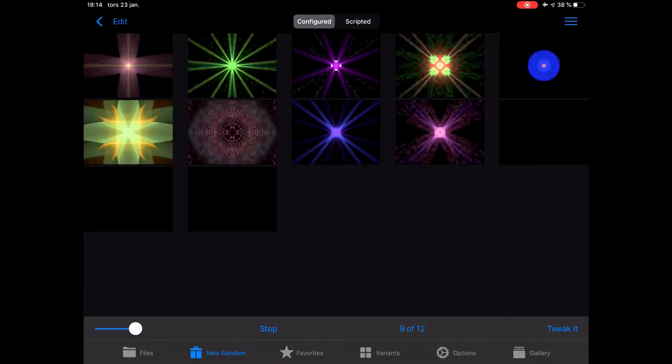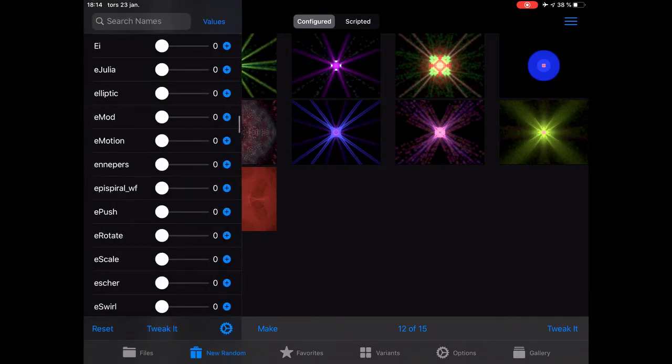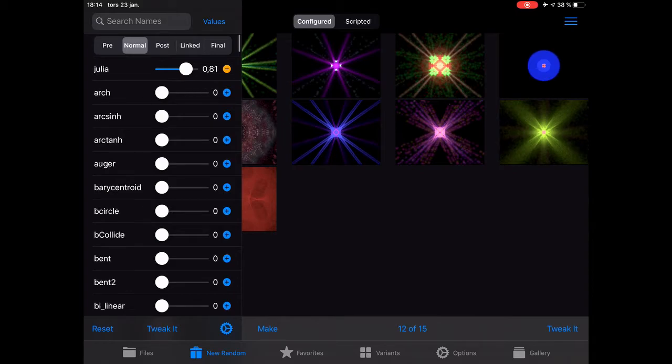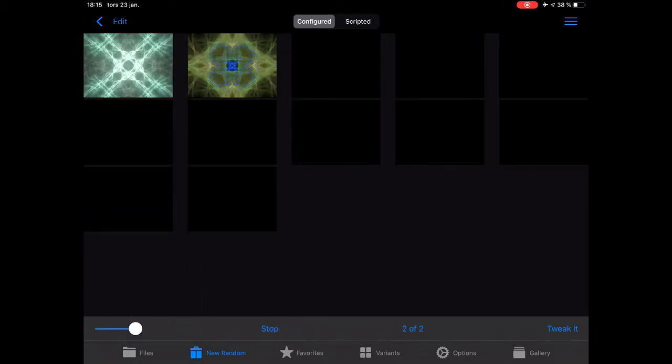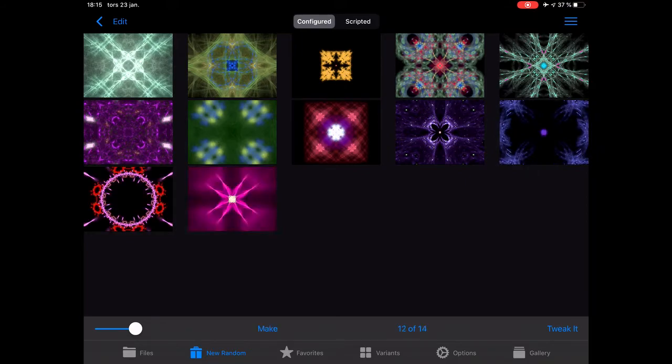Not a very nice result. Actually a rather ugly result. Let's take out the spiral again. And you keep on until you find something that you really like. You fine tune it. The weights, you work a lot with the weights because that is the key to finding